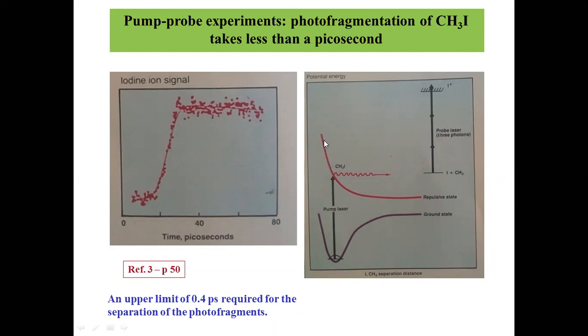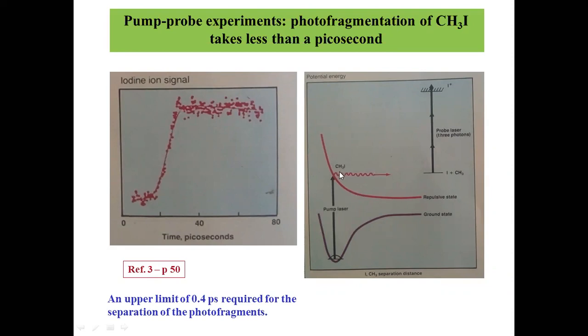The second part of this, which I am not going to discuss right now, but just to let you know, is that if we allow this methyl iodide to fluoresce back to the ground state, then from this energy difference we can plot the excited state potential energy surface of this, and that reveals one thing: during the dissociation of methyl iodide,